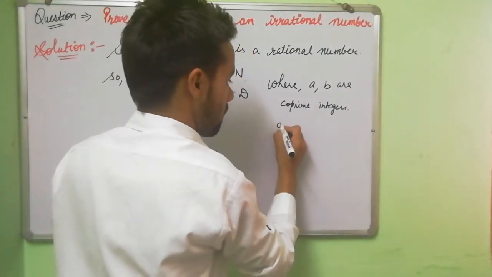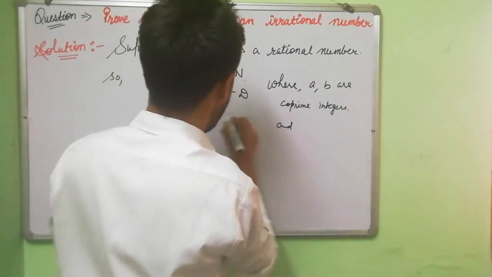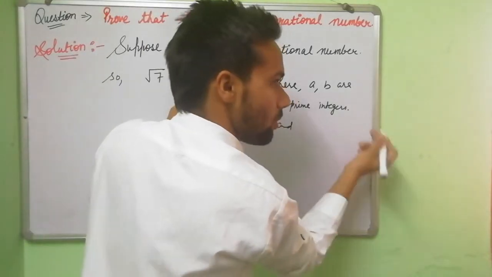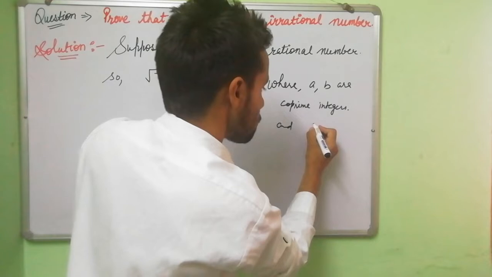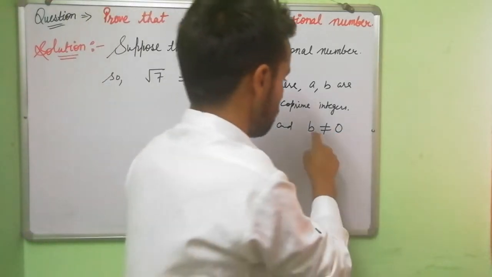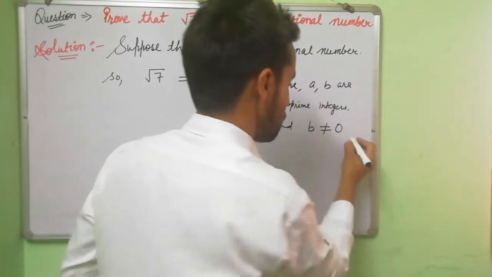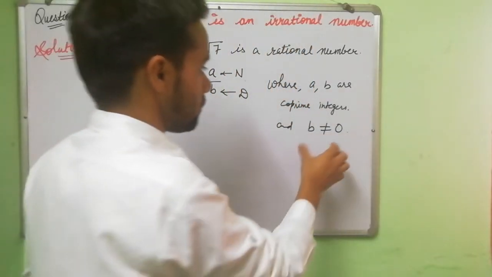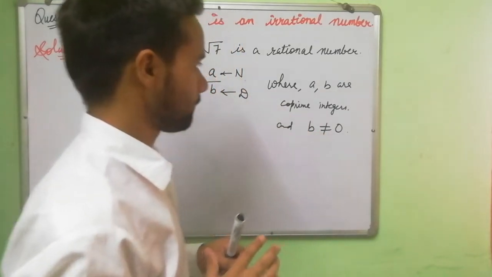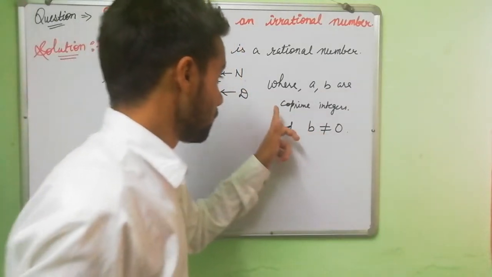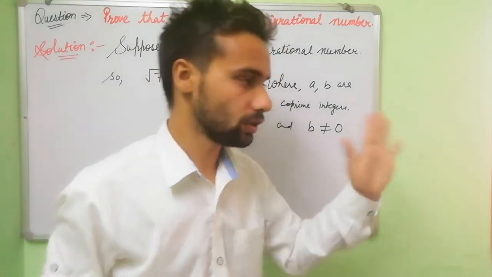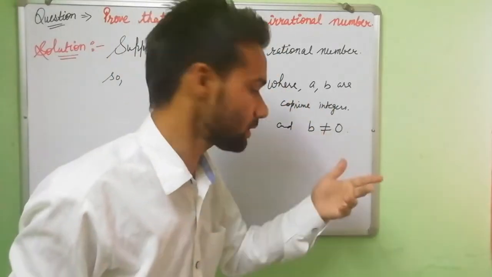And I take the denominator here as B. I can also write denominator not equal to 0, but here I take B, so I write here B not equal to 0. That means B not equal to 0. Dear student, this is very important, co-prime and this condition. What do you mean by co-prime? If you do not remember all these things, I will revise it.